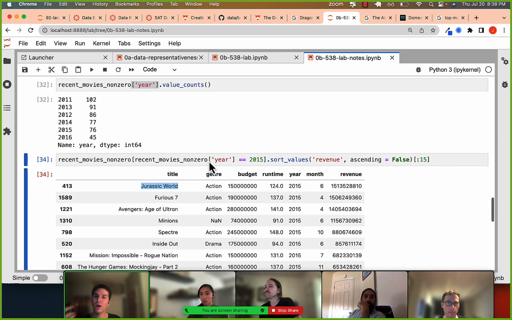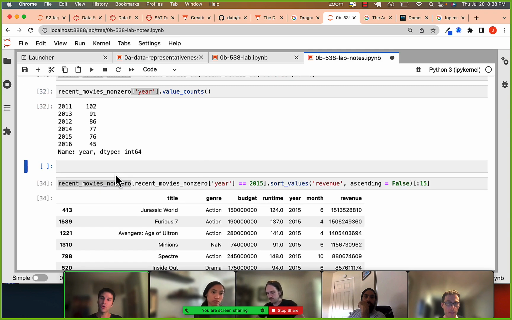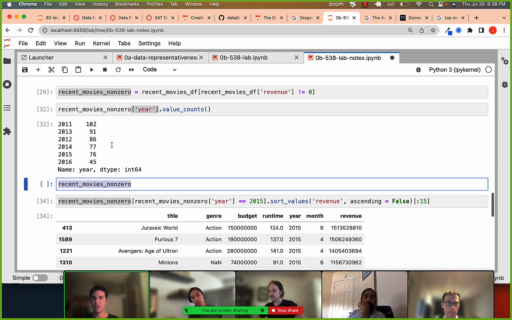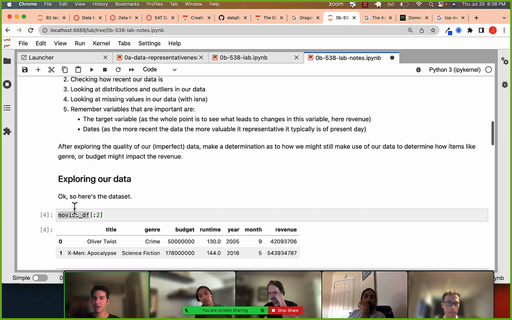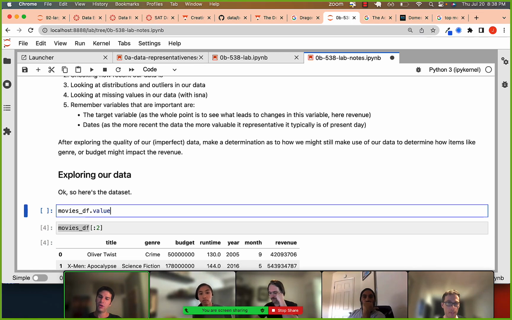One other thing I just happened upon, and I think this is probably a good thing to do in general, is look for duplicate data in the data set. I'm not sure if there is in this subset, but let's go back to the original data set. How can we look for duplicate data? Just do a value counts